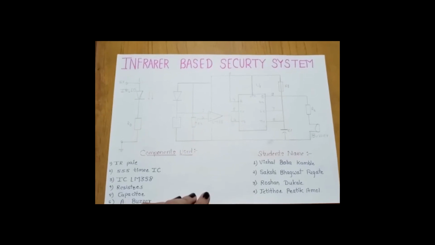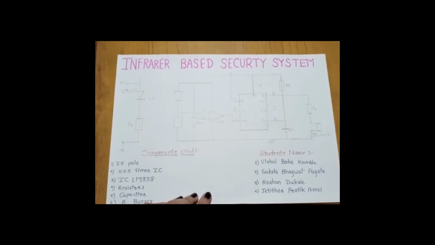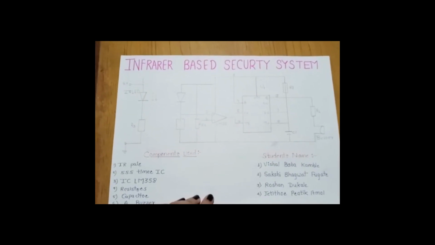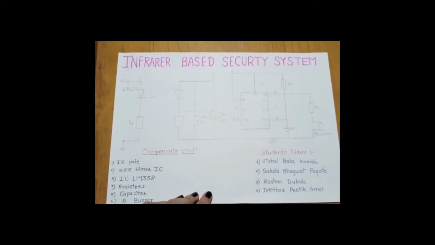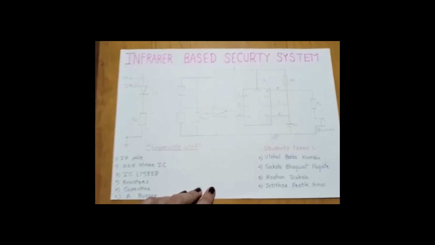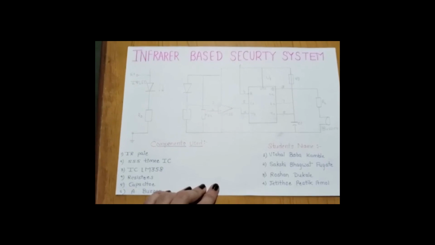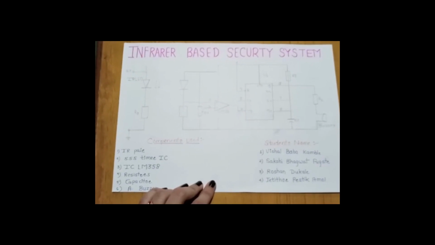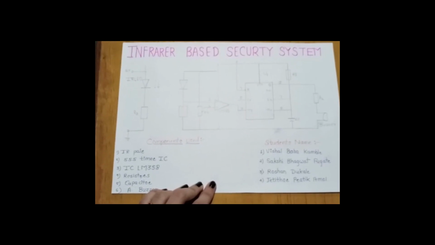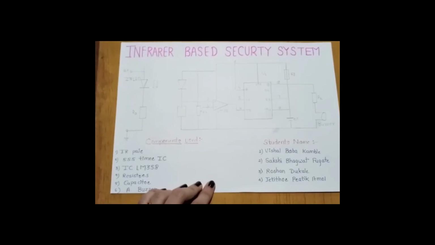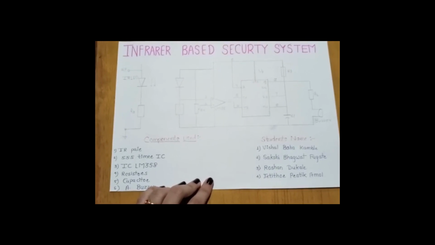The applications of the infrared-based security system: an IR-based security alarm circuit has plenty of advantages in homes, shops, banks. And another one, this circuit is useful in any kind of restricted area as it detects any slight movement and activities and raises the alarm.